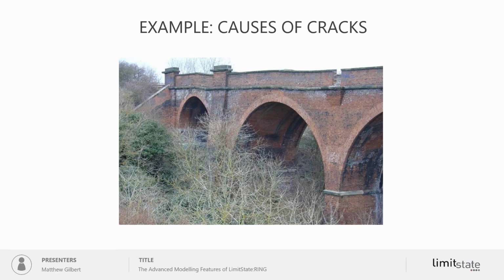Another example, less recent in terms of the date of the settlement, but quite severe nonetheless. And you can see again the line of the parapet as a telltale, and also the shape of the first span is hopefully quite clear. It's quite distorted. Now, this particular bridge is interesting because that support movement occurred quite soon after this bridge was constructed. So it happened in the very early part of the 20th century, and trains have been busily crossing this structure